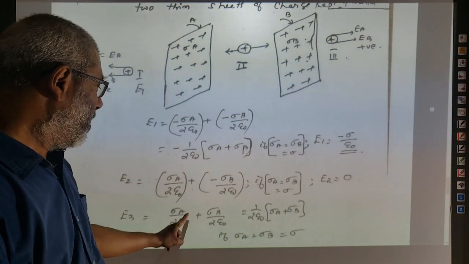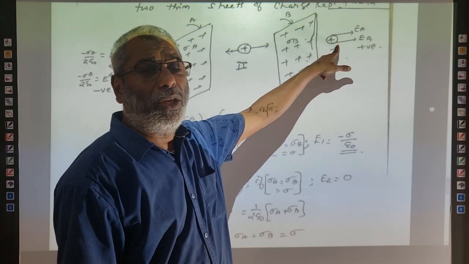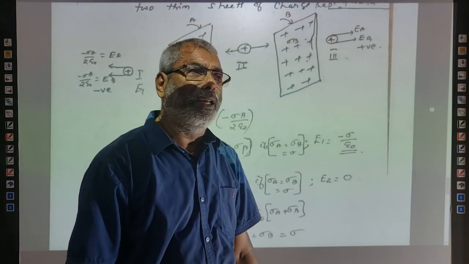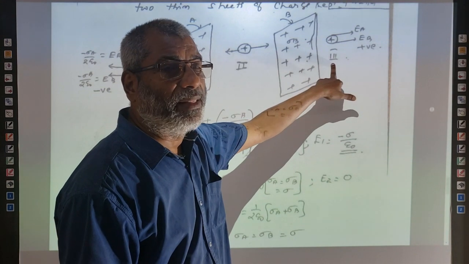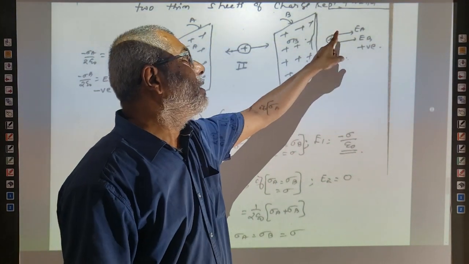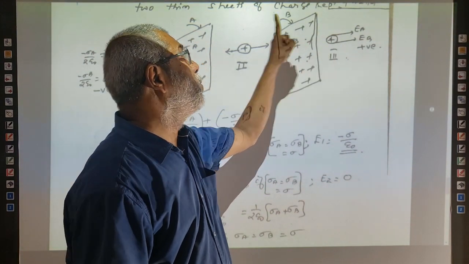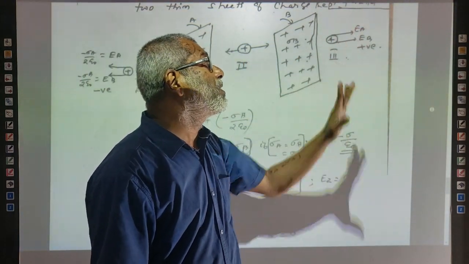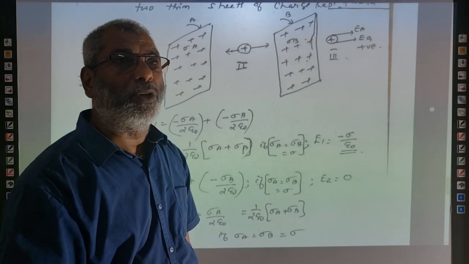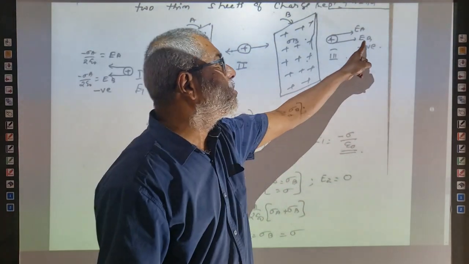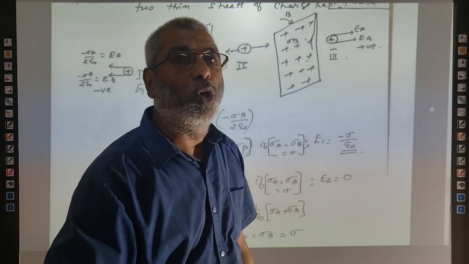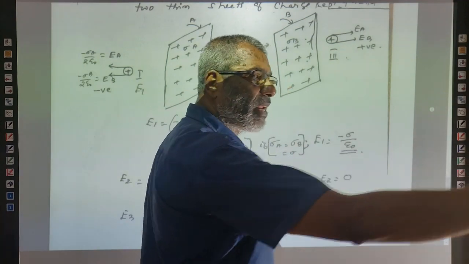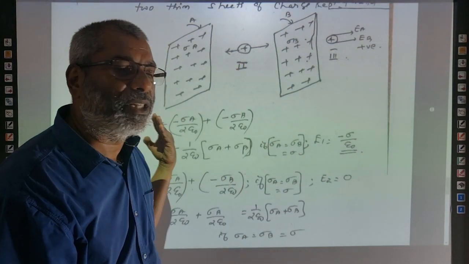That's the question now. E3 is equal to, here also we will place a unit positive charge. The force acting on unit positive charge is called intensity. At this position the intensity is E3 because position 3. Intensity of electric field at this point due to the first sheet is EA and due to the second sheet is EB. Now EA is equal to sigma A by 2 epsilon 0, plus, and EB is equal to sigma B divided by 2 epsilon 0. That also is positive. Why positive? Because the right hand direction is taken as positive and the left hand direction is taken as negative.